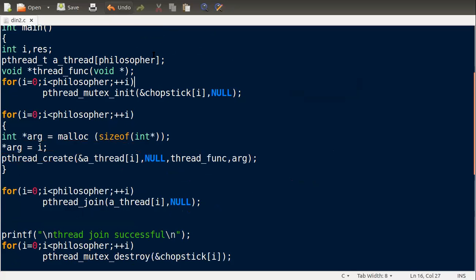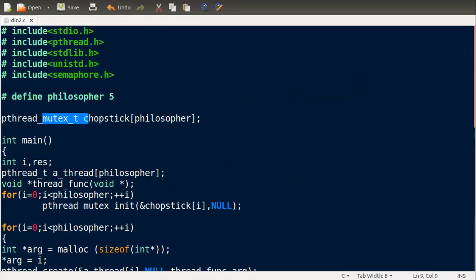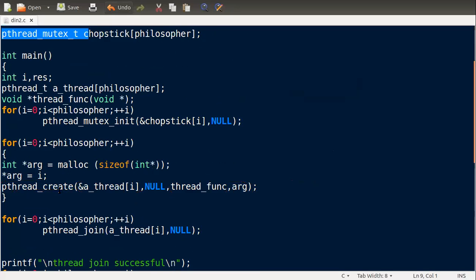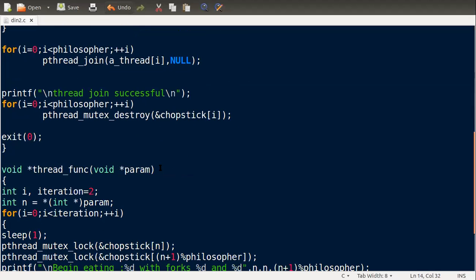In the main you have to initialize pthread_mutex_init for all the chopsticks that we have created as mutex. And we have to create these thread functions for the threads that we have created. So we have the threads, we have the mutex, and we call these thread functions for every thread we have created over here. You can see, chopstick is our mutex and thread is our philosopher.